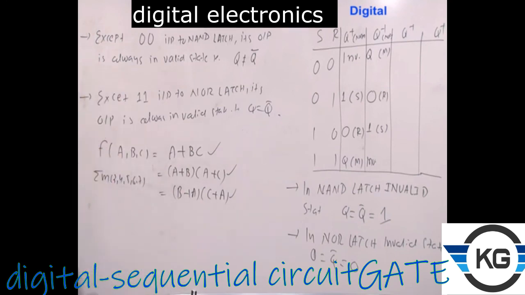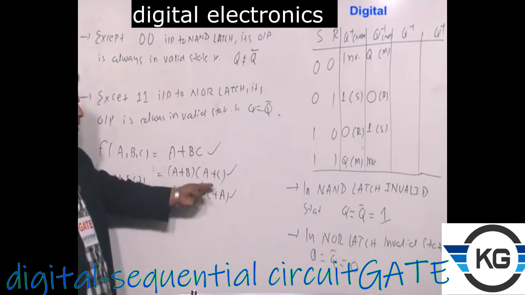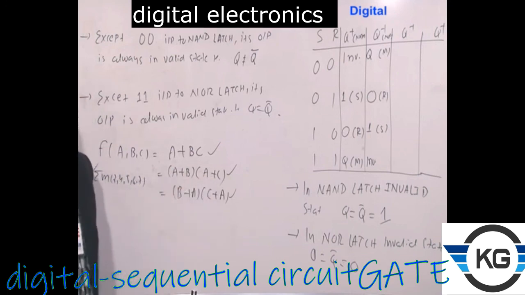If you are framing the truth table, what will you get? So these are the min terms. With respect to 0, 1, 1 you will get 1. With respect to 1, 0, 0 you will get 1. Similarly here. So the truth table will be unique. Why is the truth table unique? Because the min term is unique. But however, this can be represented by various other combinations. So that is what you asked.